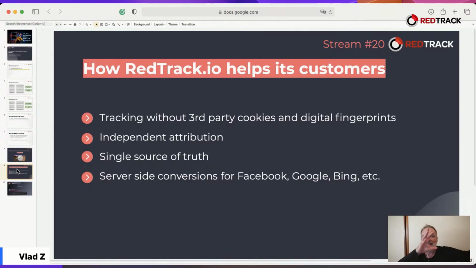You don't care about ingesting data via API from Facebook or Google into Google Data Studio, because you will not have accurate conversion tracking. You need independent attribution, and then you have a single source of truth.